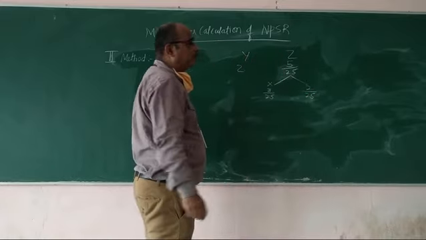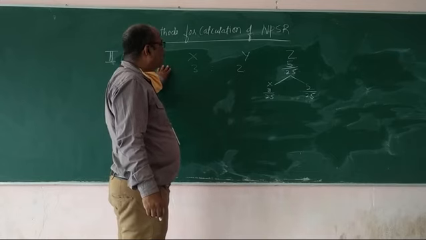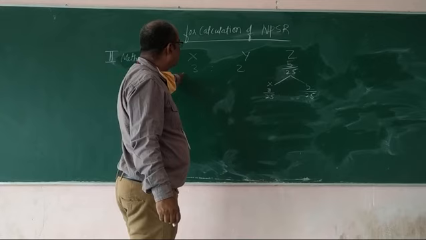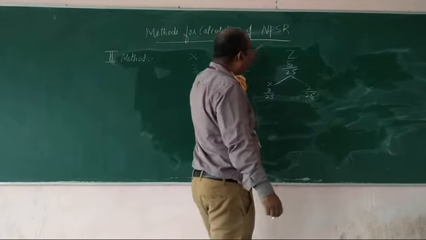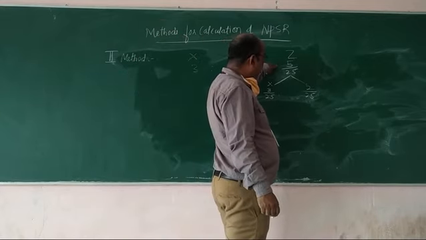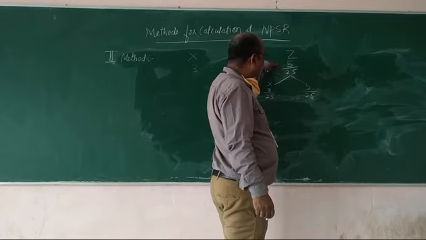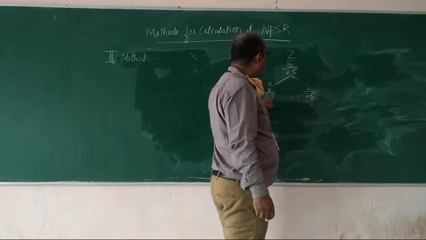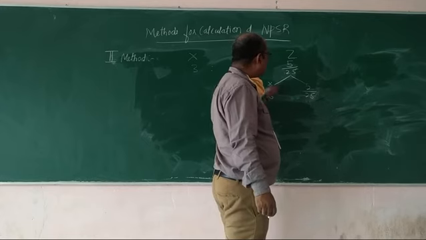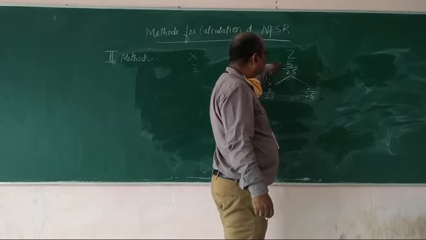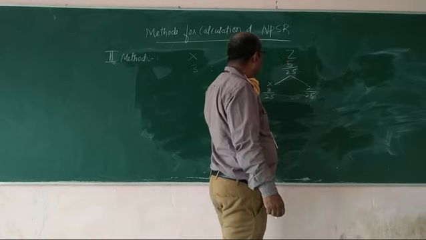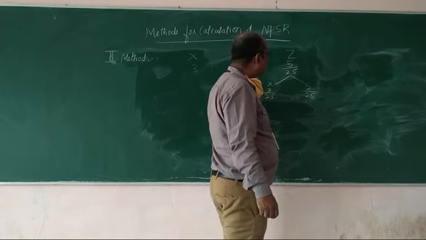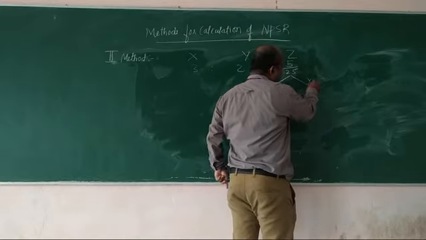So here in the problem, the information provided is X and Y are partners, sharing profits and losses in the ratio of 3:2, and Z is the new partner with 5/25 share in the future profit, which he acquires 3/25 from X and 2/25 from Y. 3 plus 2 equals 5, 5/25, which has to be given to Z by X and Y, and here the proportion is mentioned specifically as to how much X has to give and how much Y has to give.